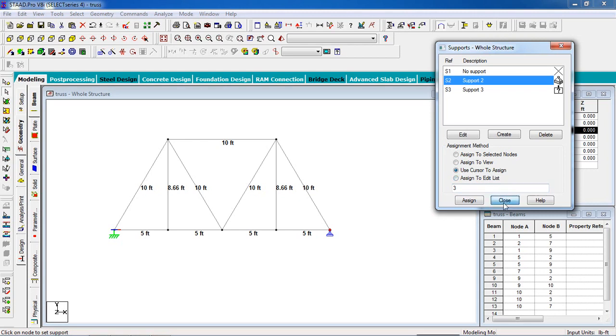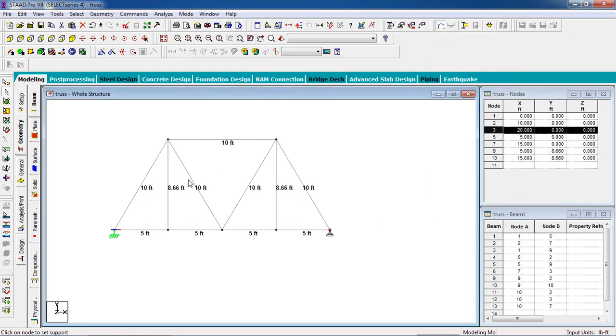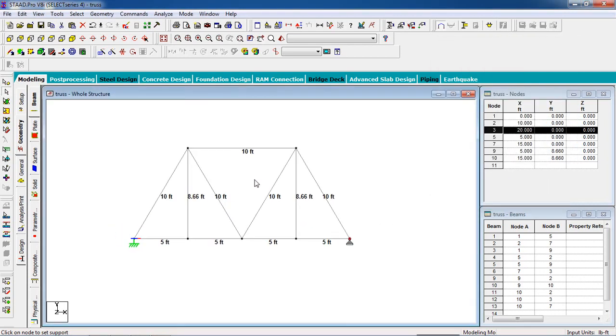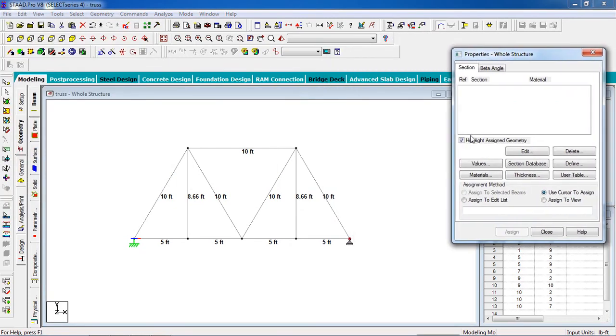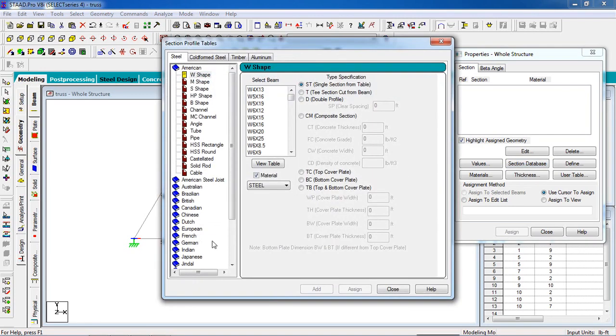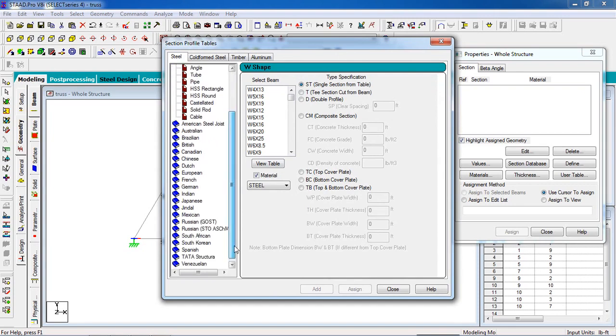Okay, now switch off the dialog box. You have to give member property. Go to property page, click on section database, and now select your suitable code.